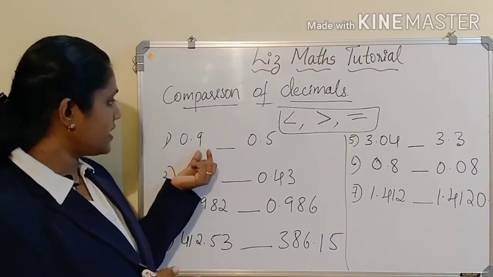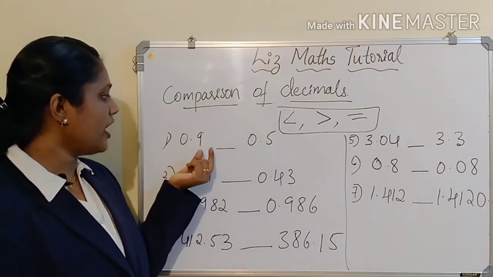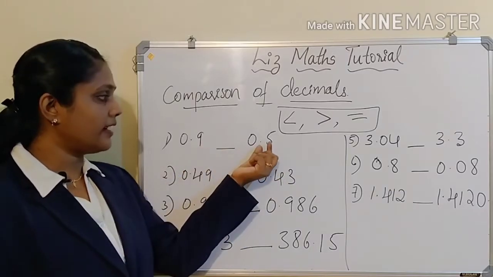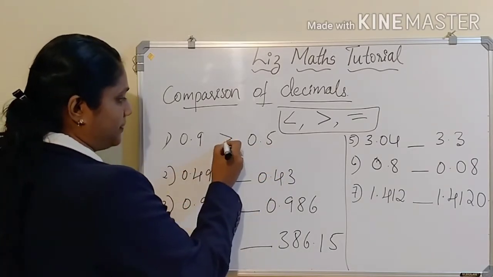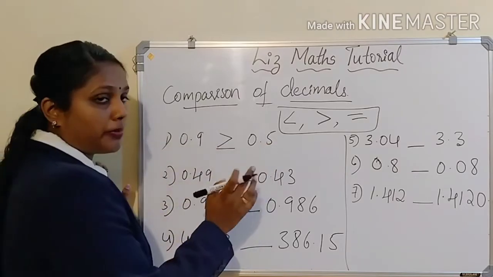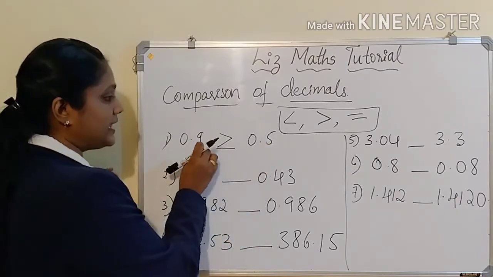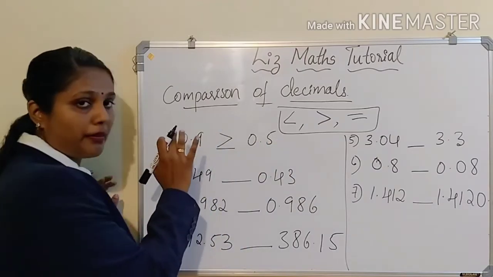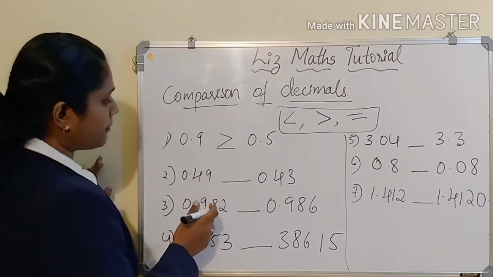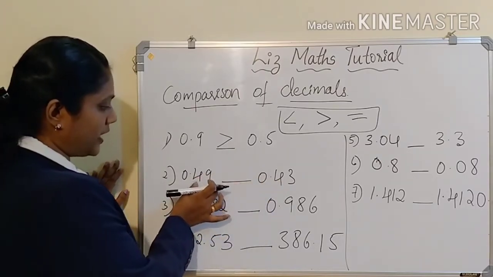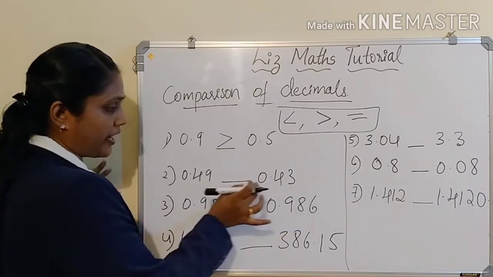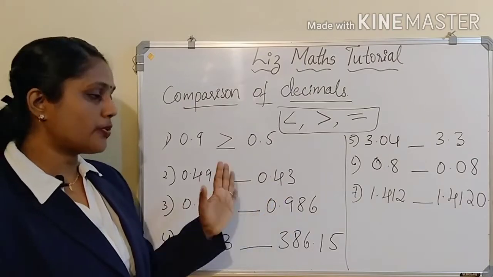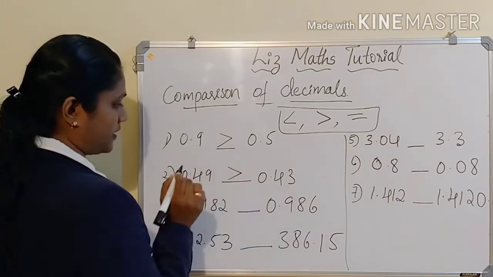See here, in this case you can see there is a like decimal. So when you have a like decimal, it is easy to find out which number is greater, that is obviously greater. So here 9 is greater than 5. Because these are like decimals, you have to see the digits. Here 9 is greater compared to 5. So obviously this will come as the greater number. And here you compare these two numbers. That is also a like decimal. So here 4, 9 and here 4, 3. So which is greater? 4, 9 is greater.